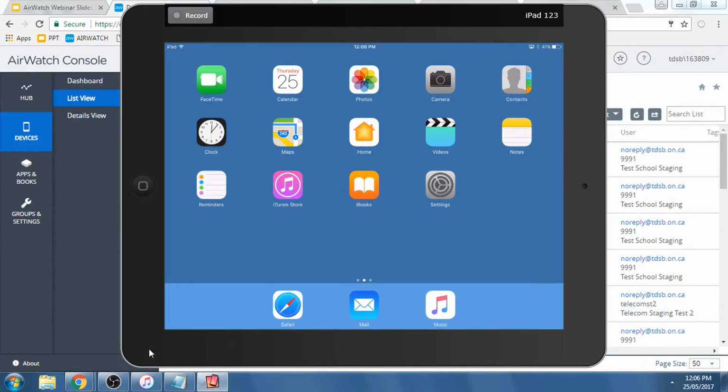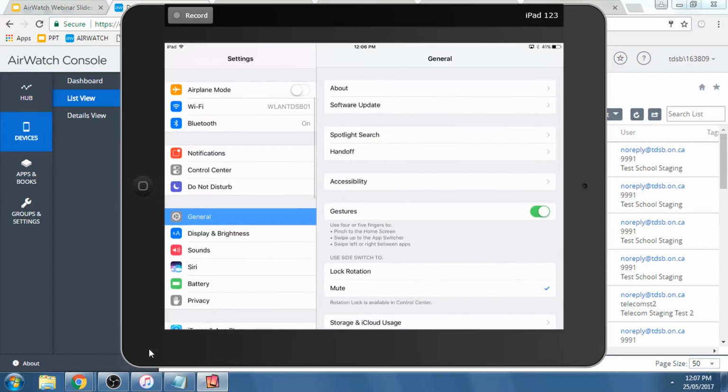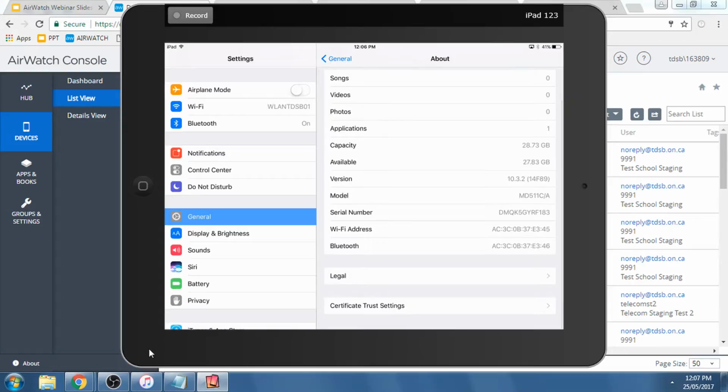So this iPad, how I would go about doing that is I can always go to Settings, and then I can go to General over here on the left-hand side, and then I can go to About, and then there's a serial number value right here, about halfway down. It says here